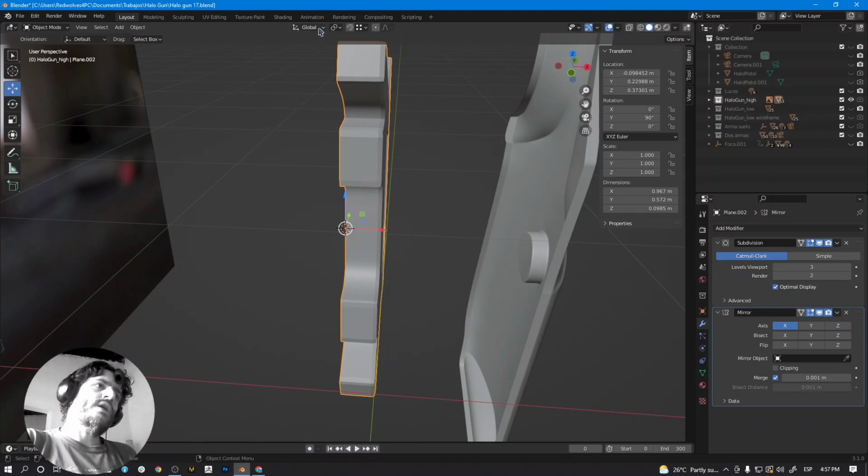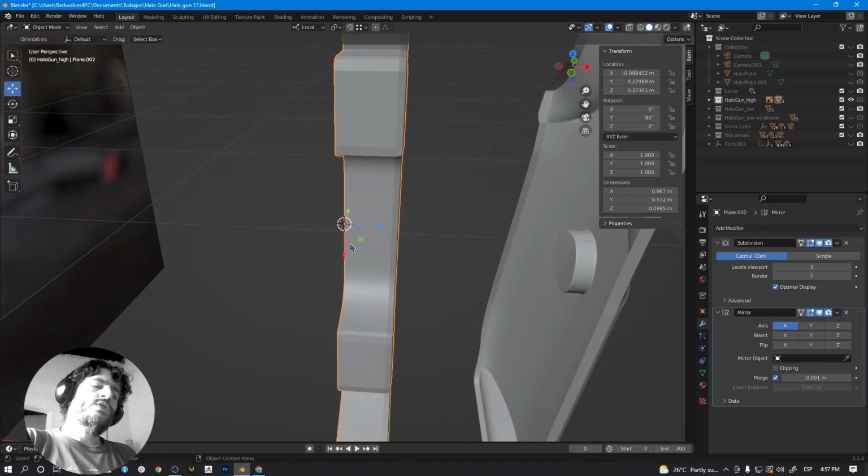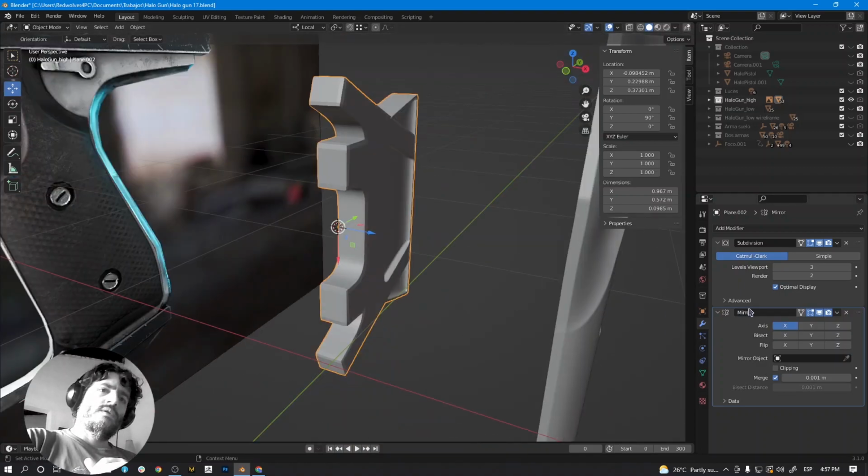So if you select local in this option, you're going to notice that the object was rotated in object mode. So now the local axes were rotated. So if I press X, it works